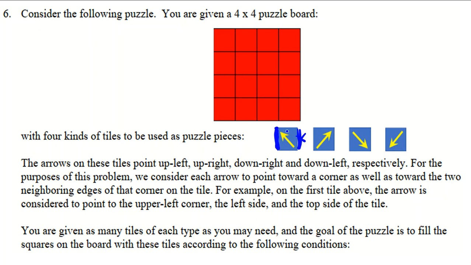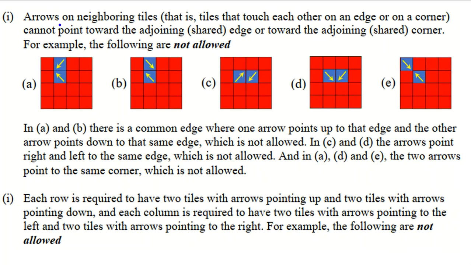So upper left corner, so this corner, and the left side, this one, not this one. And also the top side, so this side, not this side, because it points to these two sides and this corner. You are given as many tiles of each type as you may need, and the goal of the puzzle is to fill the squares on the board with these tiles according to the following conditions. The first condition, arrows on neighbor